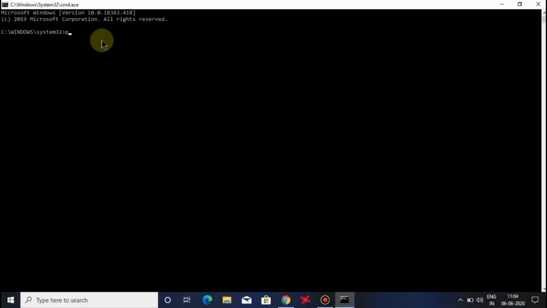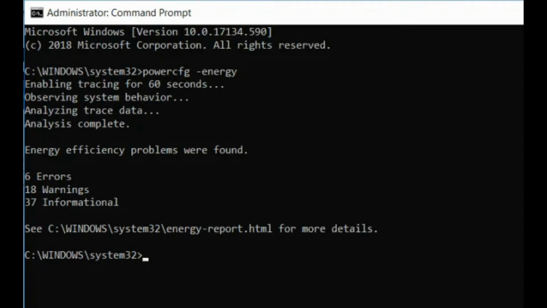Number 7. POWERCFG, power configuration. Are you frustrated with how quickly your laptop seems to run out of power? It could be that your power settings are not configured as efficiently as possible. There's a Windows CMD command called powercfg, power configuration, that can help.